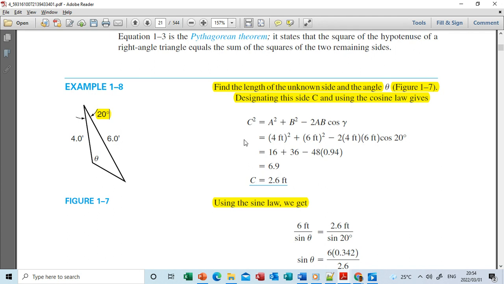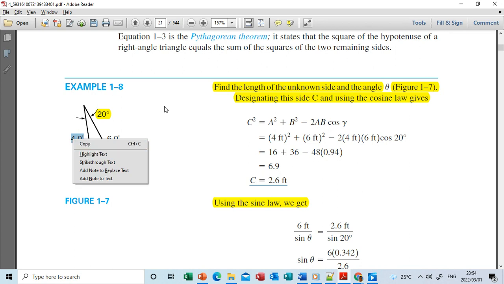That's why they did C squared. I told you that for the unknown side, you must have that opposite angle. So after finding side C, you're going to have three sides. Then if they ask you to find all the angles inside, it's easy to do that. Because if you want the angle for this,